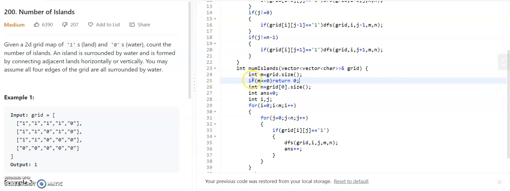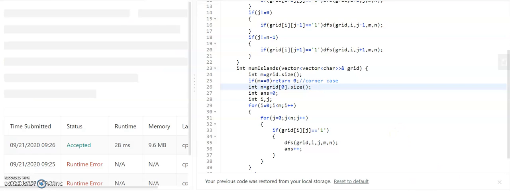So if the number of rows is equal to 0, then we can return 0 right there. That is the corner case we have to see. That means when there are no rows and we try to access the first row, it will give an error. So let us submit now. Then now it will work.